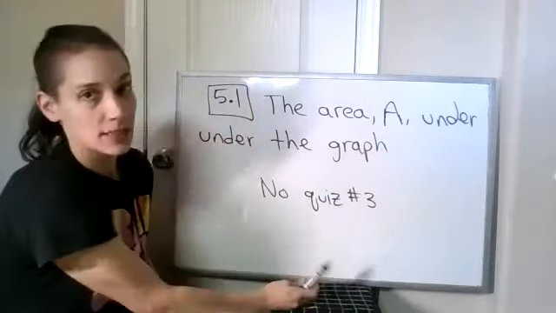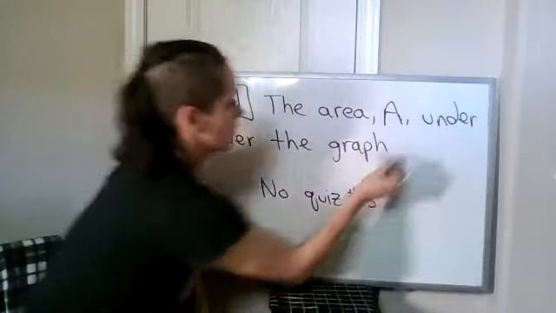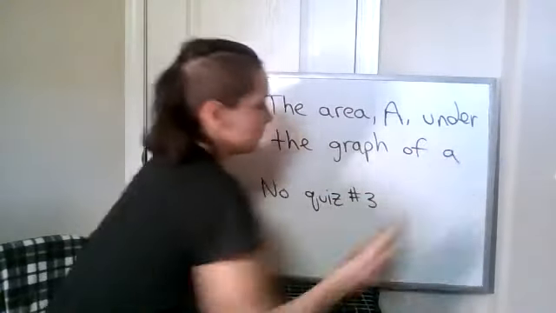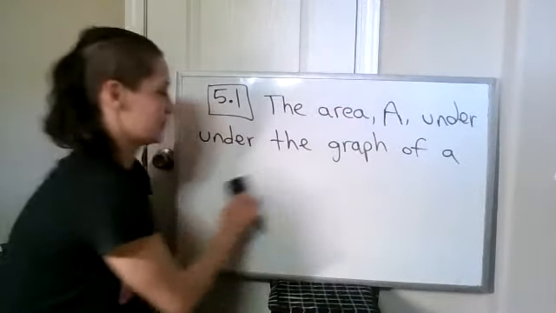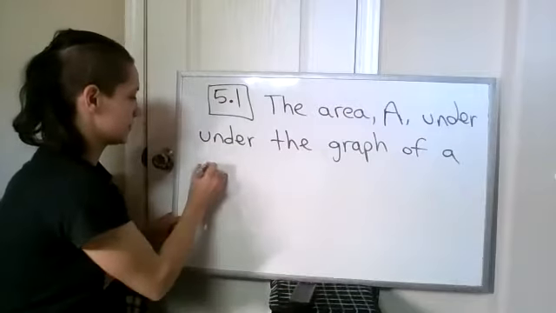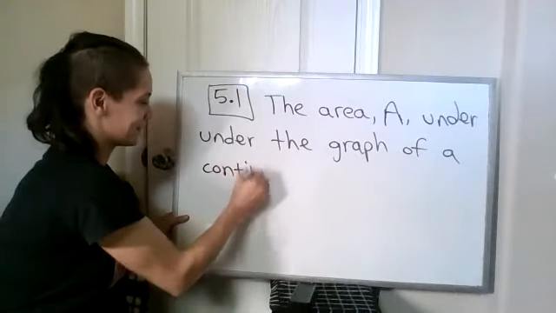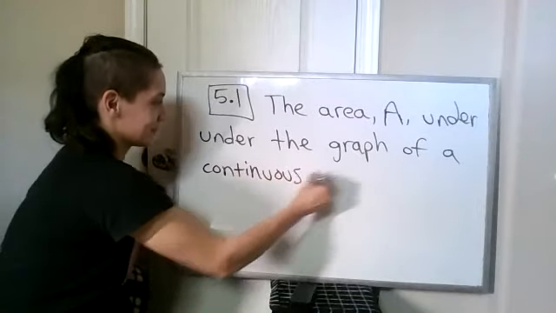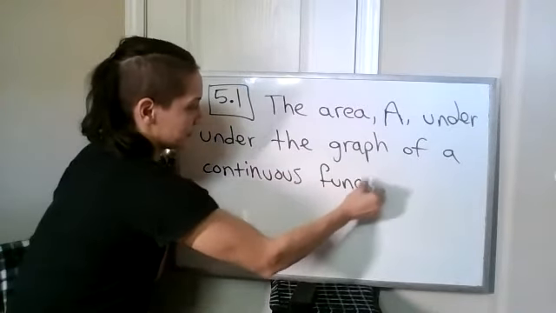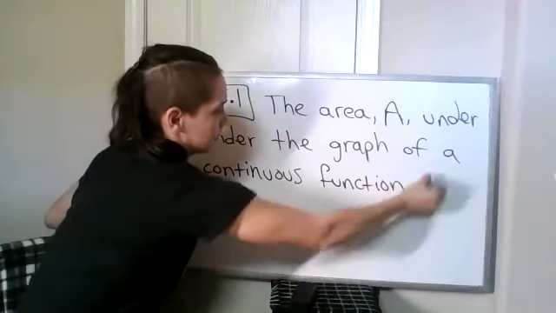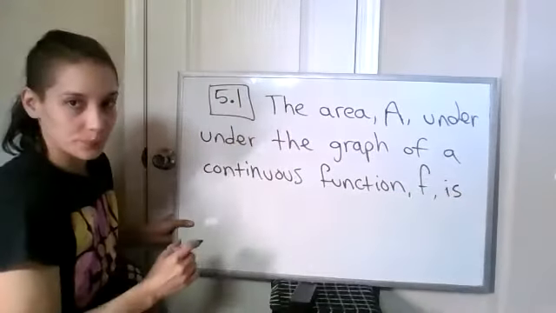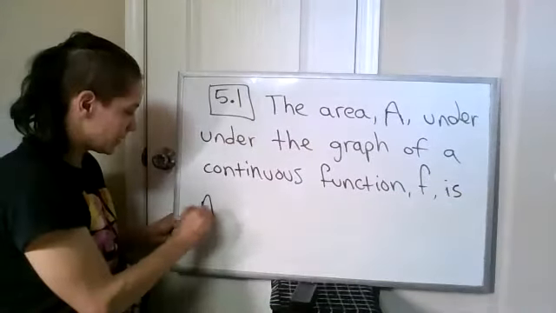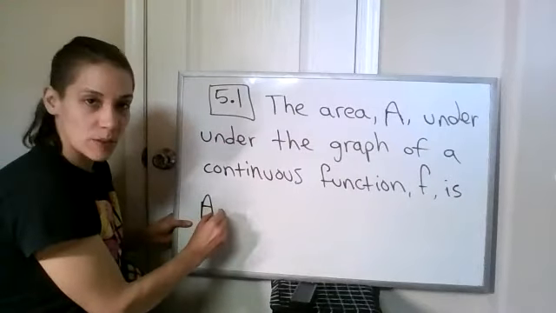Actually, we want to make sure that it's a continuous function. Okay, so A for area. And we got to the part where it's equal to